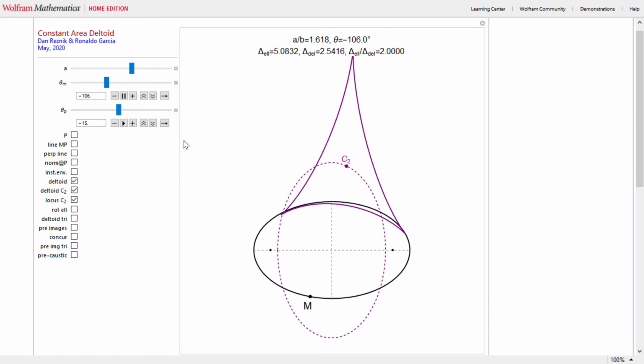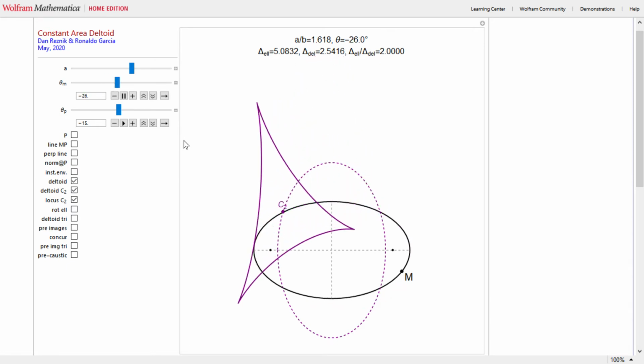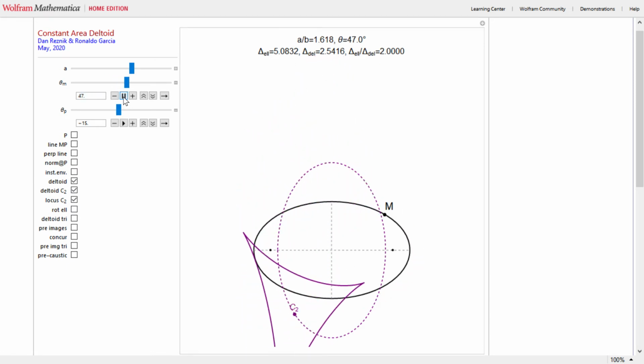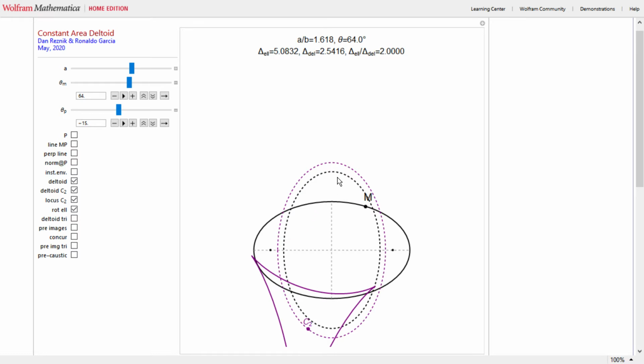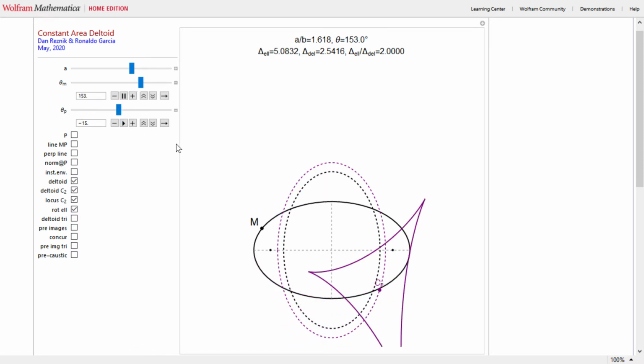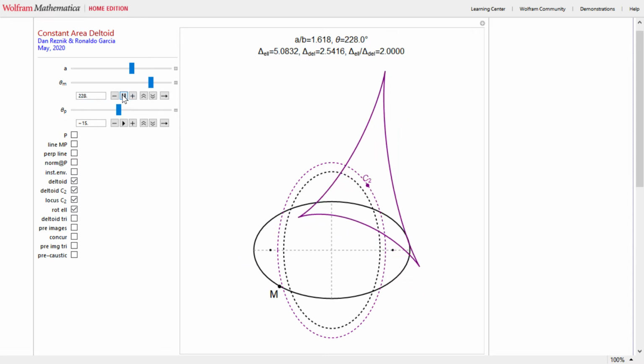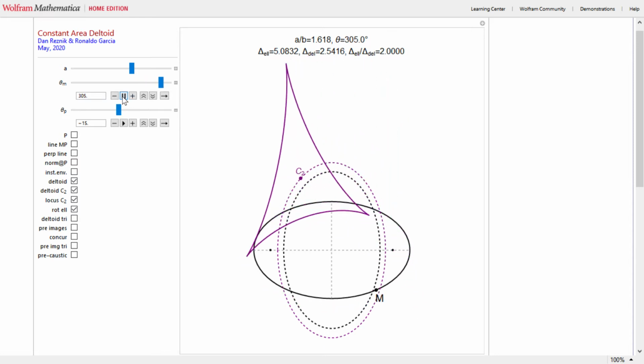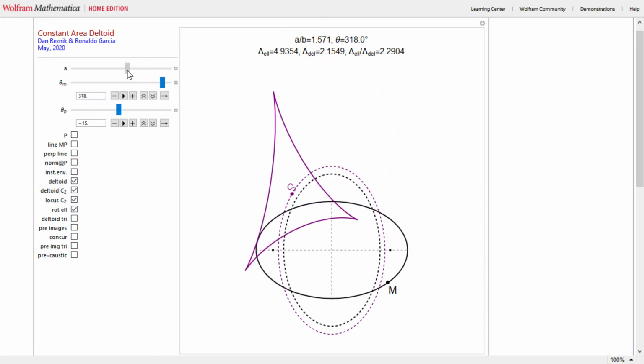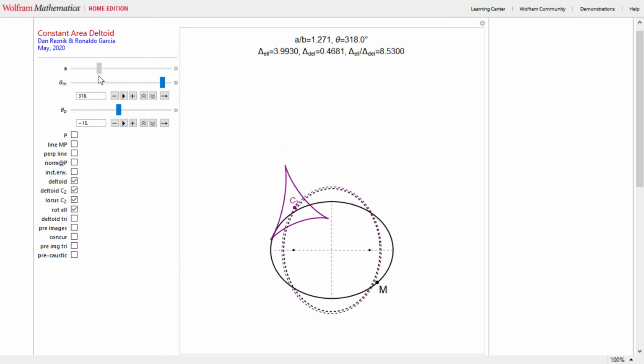So the locus of that center of area is a perfect ellipse, which is a tad bigger than a rotated copy of the billiard itself. So here's a rotated copy of the billiard itself, rotated 90 degrees. You can see that the locus of that area centroid, represented as C2, is an ellipse, concentric, axis aligned, but slightly bigger. If I change my ellipse aspect ratio,